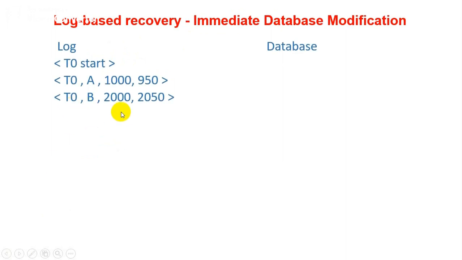Now using the log, the system can handle any failures that result in the loss of information on volatile storage. It is a secondary storage. The recovery scheme uses the following recovery procedure known as redo operation. It sets the value of all the data items updated by a transaction Ti to the new value. And what is the old value, what is the new value, what is the requirement of different parameters in a particular transaction.